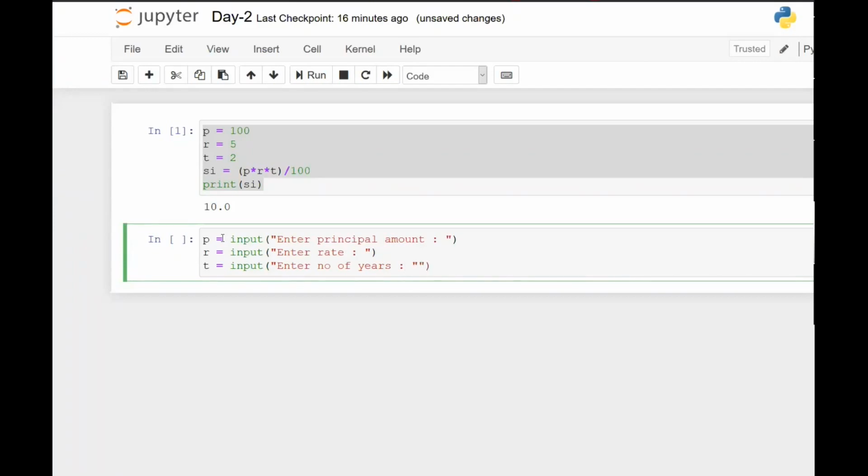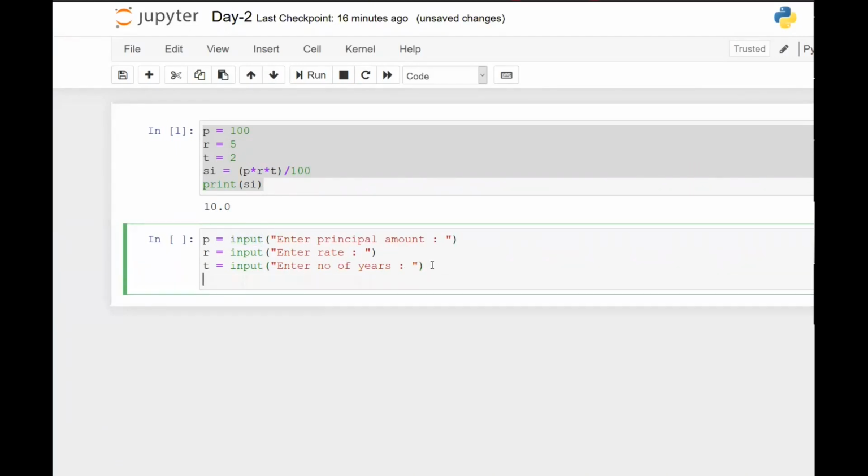So if you see here, whatever I'm writing in these double quotes will be prompted to the user as a message. Okay, and this input function will wait for the user to enter a value.